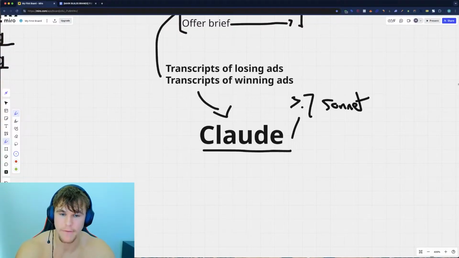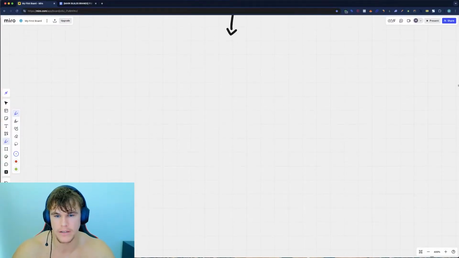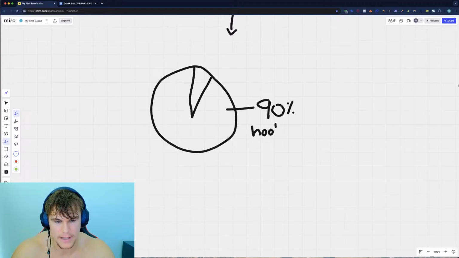So again, if you have a brand already, you're going to want to go straight into hooks, and create hooks based off the existing winning hooks that you have. Let's break down the ad and the hook in general. Anytime that you test a new ad, guys, this is your percentage of success. This 90% right here is going to be your hook. I have seen ads that have killer hooks. Everything else is pretty mid, but killer hooks, winning ads.